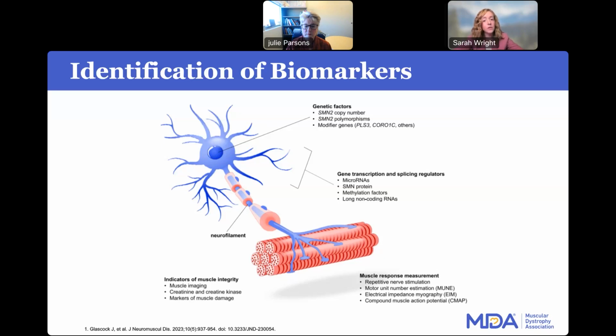We know from some basic science research that there are also polymorphisms of the SMN2 gene, the backup gene, and potentially some modifying genes that act in trans to the SMN2 gene that may be modifying a patient's overall course. So the question is, how can we potentially target some of those for individualized care to improve someone's outcome on